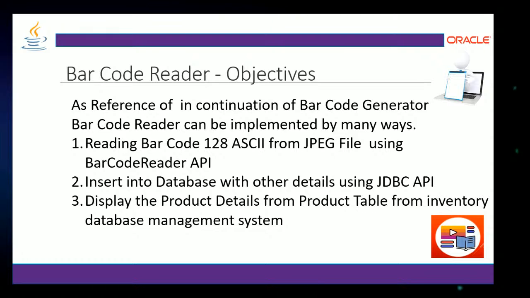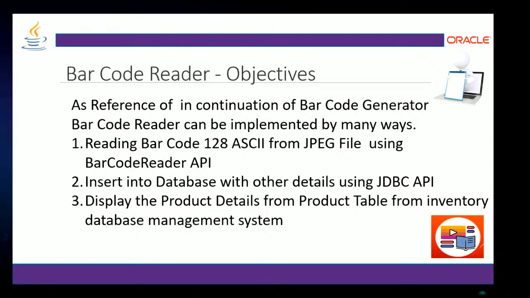Now, why we are using JPEG file? The reason, since we have created it in PDF to make it read only, but JPEG file is the most efficient and available and the simplest way to get the information of any barcode. So just in case in any kind of inventory management system, you will be able to get a JPEG file, an image file, from anywhere. So that's why we are converting from PDF to JPEG, and then we are reading that barcode